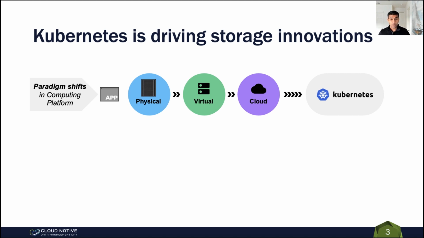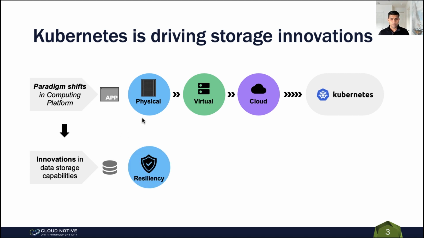going from a monolith with dedicated hardware to a virtualized environment where apps leverage the entire data center's resources, to the cloud, which brings in scale on demand capabilities. With Kubernetes, which now allows you to seamlessly build scalable apps using declarative APIs while abstracting the underlying infrastructure altogether. Now, this also means there is innovation that this drives at the data platform layer,